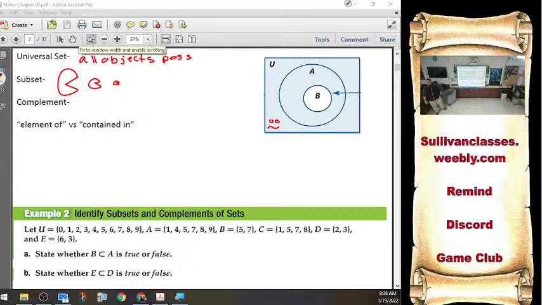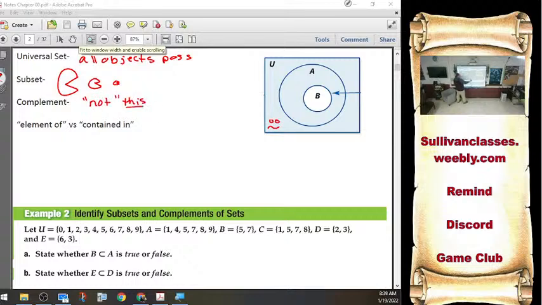Complement. You notice that that one's got an E in there. There's a big difference between a complement and a complement. Complement. Oh, the shoes are cute. Complement is the opposite of or the pair with. In the case of sets, complement is not